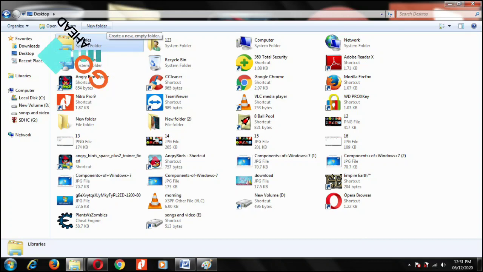There you have to select Desktop. Then in the second toolbar you will see New Folder, figure 4.8 on the same page. If you click New Folder, a new folder will be created. This is another way to create a new folder.